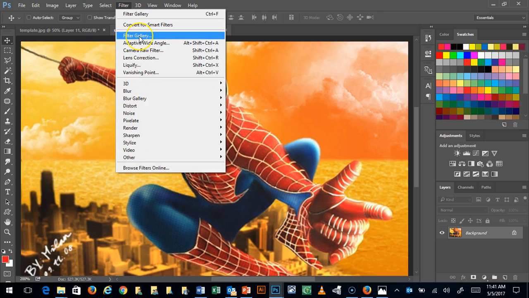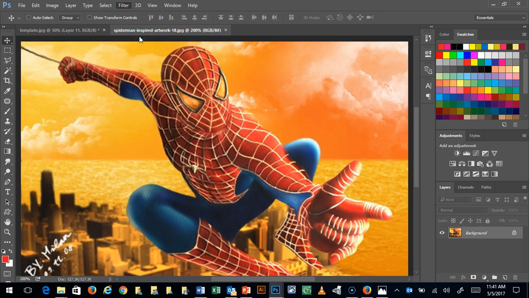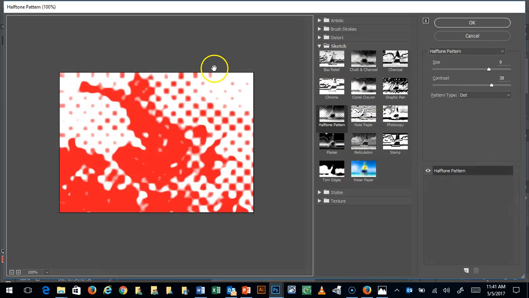Then you have your filter gallery, and if you remember, we used filter gallery a little bit back when we did the stippling project and we were gridding stuff, and I had you guys put a filter on the photograph you were stippling to help you see the value, see the contrast a little bit easier. All right, so I click on filter gallery,